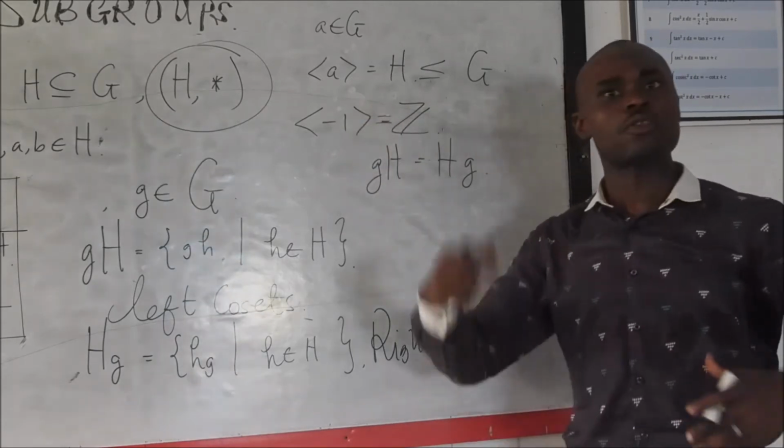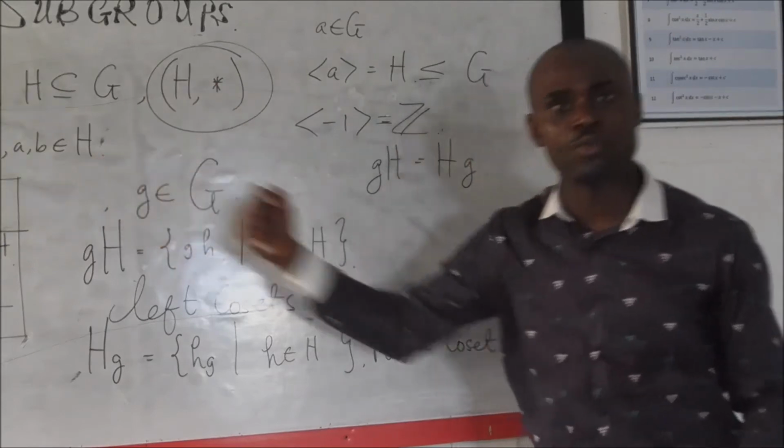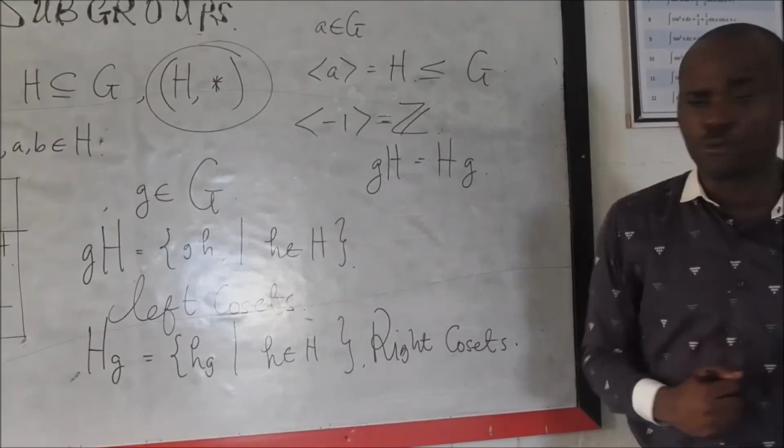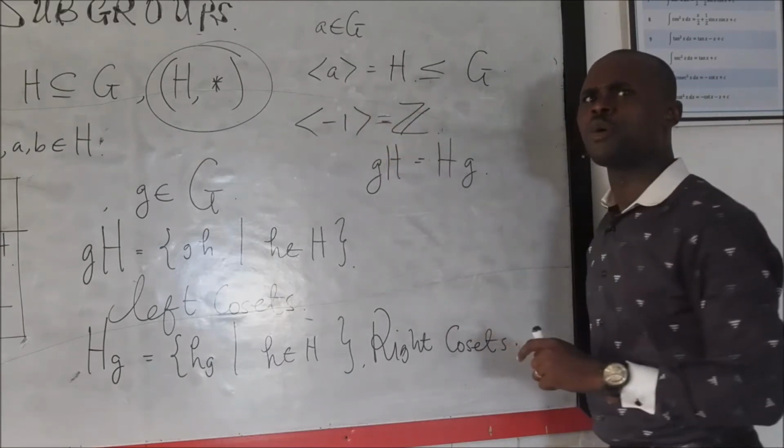I need to do a lot of this explanation so that you can actually understand the definitions we're having. But let us do some proof. And what is the proof? Is this actually a subgroup?